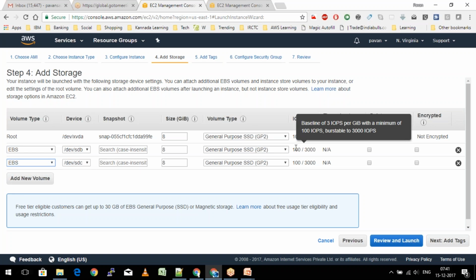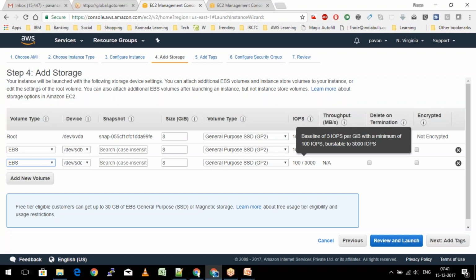Now let's say I want higher output from the extra volumes I have attached. I have two EBS volumes of 88 GB each, and I'm getting 100 IOPS on each. If I combine both of them virtually, physically they are different, but virtually, then I get 200 IOPS. So my throughput gets improved, right?